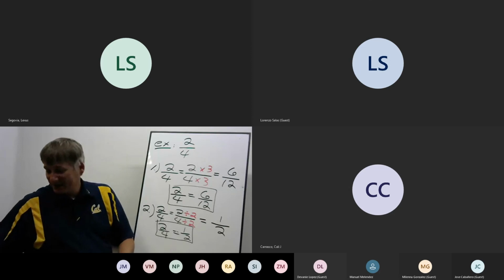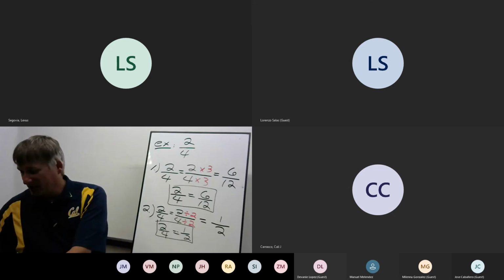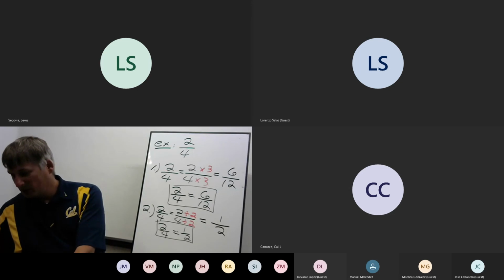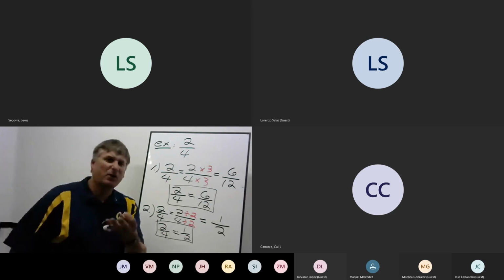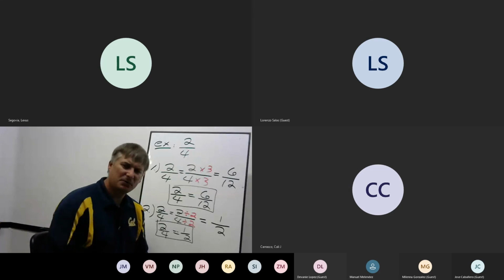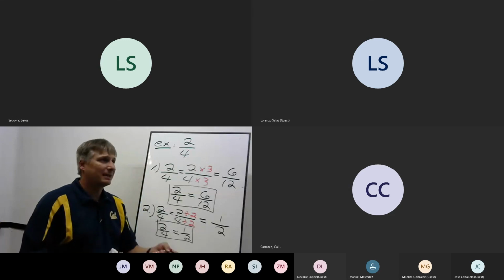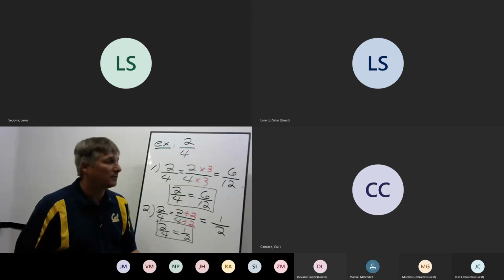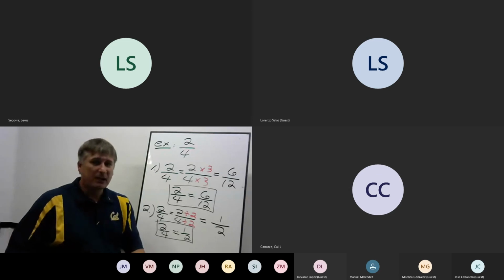Now this is a packed section. There's a lot of little sub pieces in here. So it looks like we're just going to get through section 1.1 and we'll be doing 1.2 probably later. So 1.1 is kind of a busy section. We've done common denominators. I'm sorry, you've seen that already. The next section is going to be adding and subtracting negative numbers. But we're still not done with 1.1. There's a lot in this section.